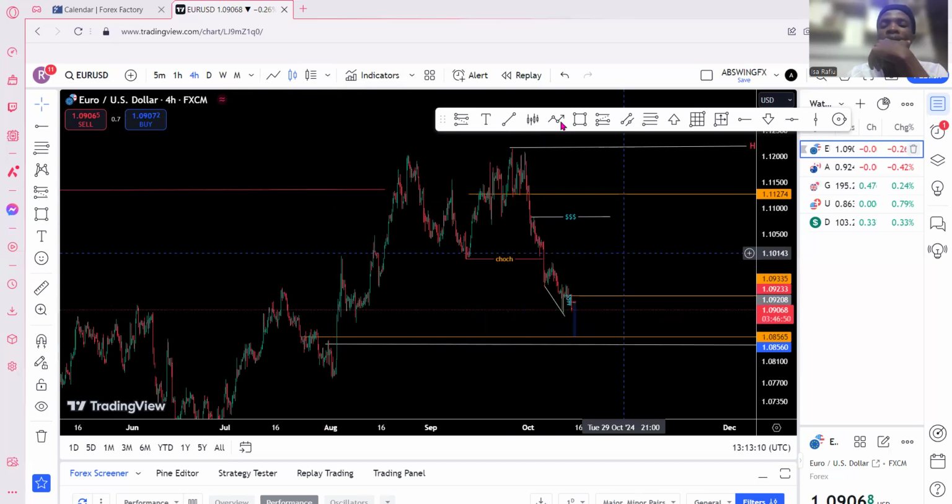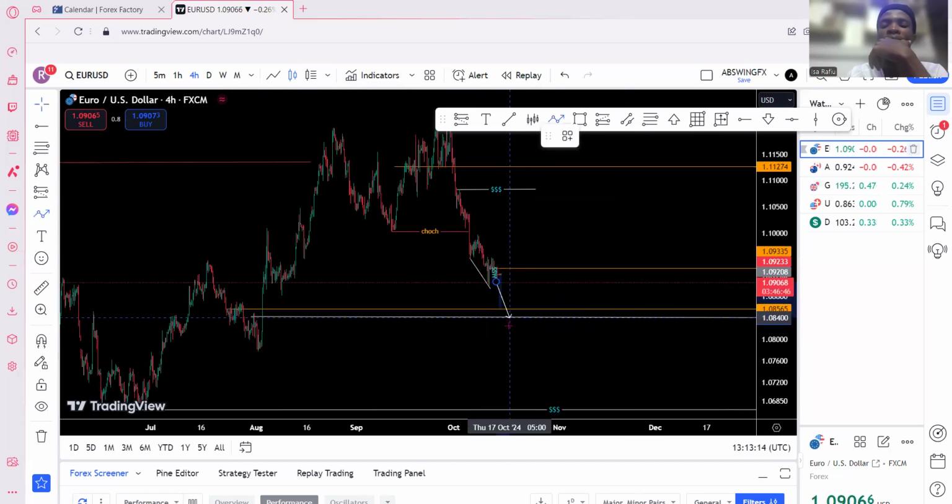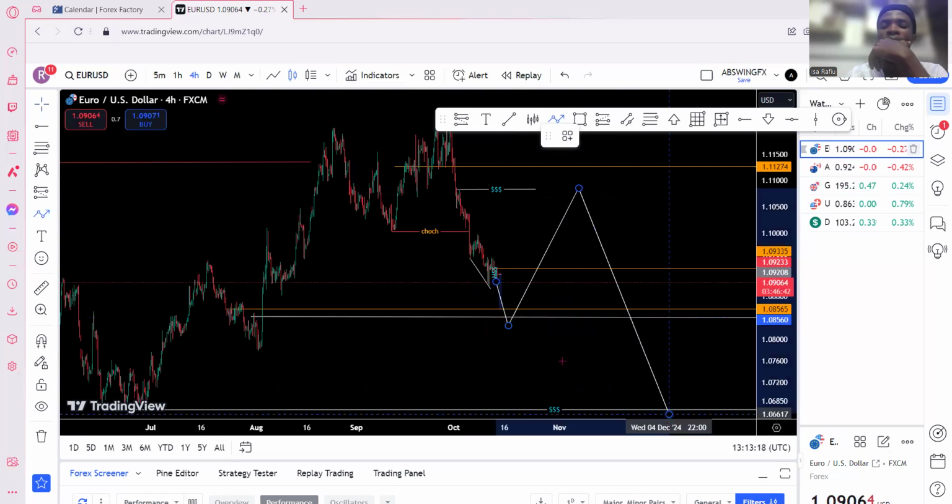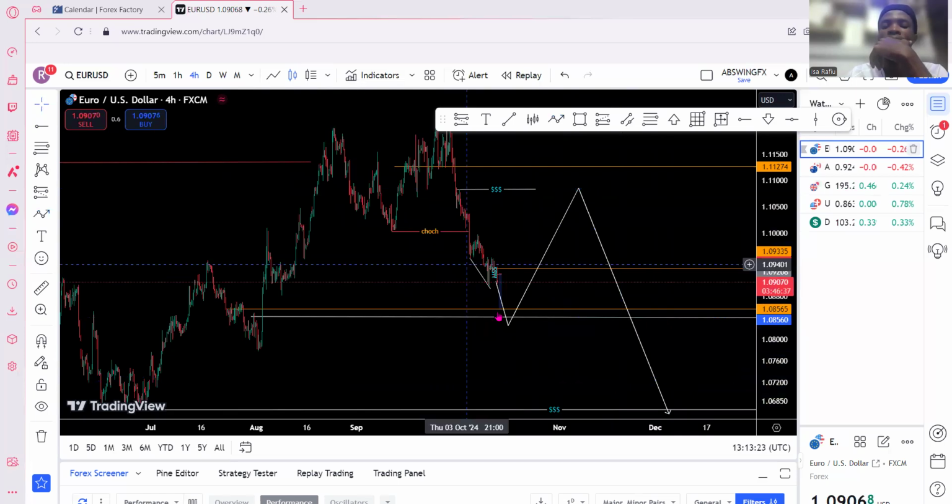Because if the market gets to this point and comes back to this point, definitely it's after this liquidity. That's why I need to first pause here,